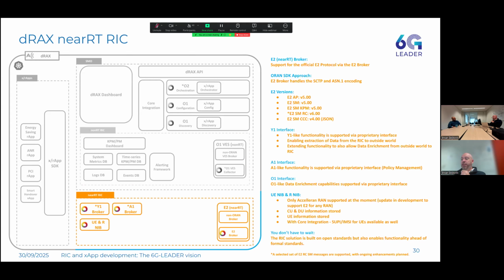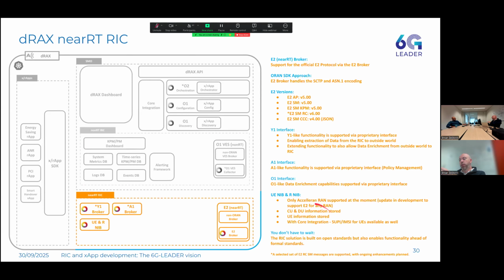One of the latest additions to that is our core integration. So we were able to, let's say, contact the core, extract, for example, the IMSI or the SUPI, so the unique identifier of UEs, and give that to the RIC as well. In that manner, in environments where privacy is not, let's say, of great importance, so imagine where your UEs are robots and you really want to know their location, you can actually track those UEs because you have a unique identifier attached to all of those UEs, so you can really track them across the network.